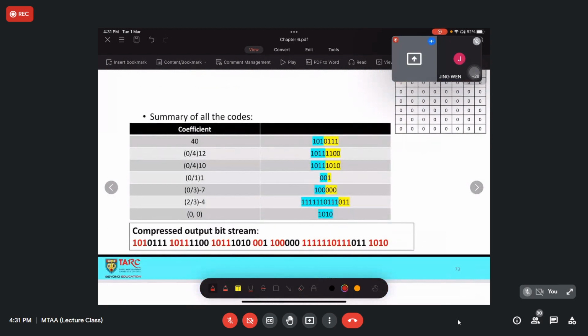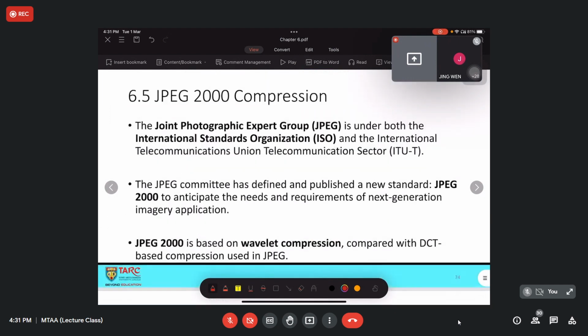So this is the DC value, which we obtain using DPCM, and the rest will be AC values. Basically, you just combine them, and the full bit stream looks something like this. So for JPEG 2000, the Joint Photographic